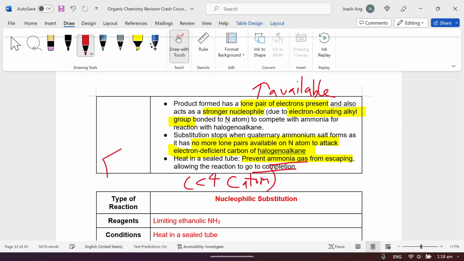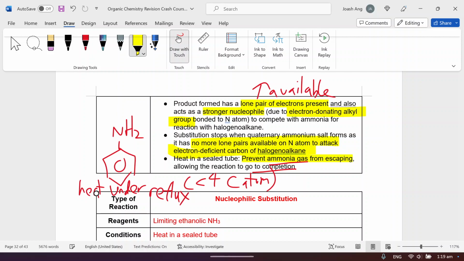So for example, if I give this as a reagent instead of NH3 gas, your condition would instead be heat under reflux instead of saying heat in a sealed tube, because there is no gas that would likely escape. Okay, because this one, I wouldn't say it can be a gas. It's more than 4 carbons. Alright,